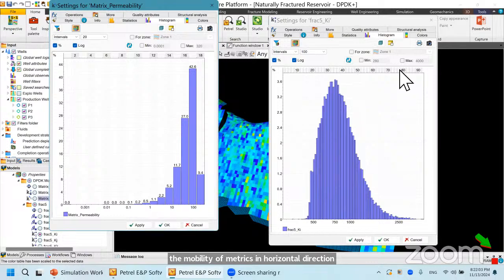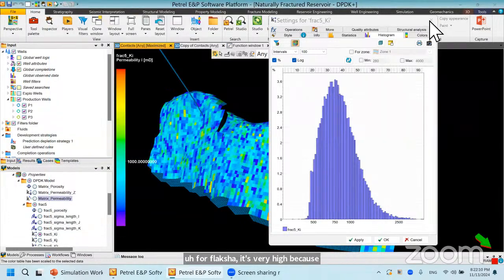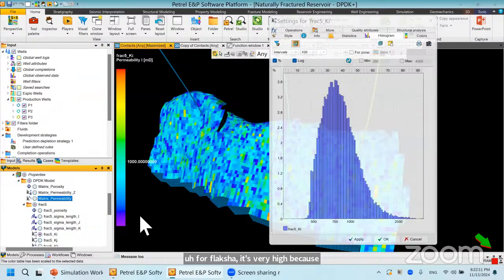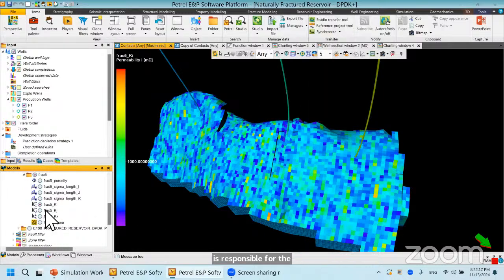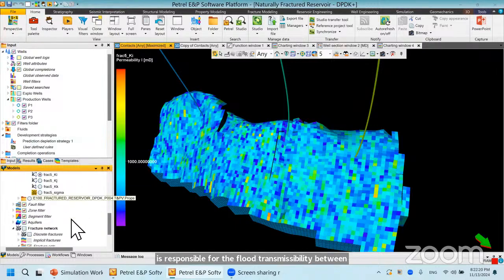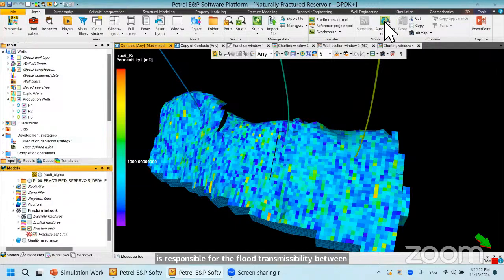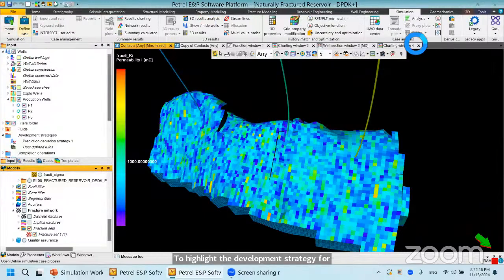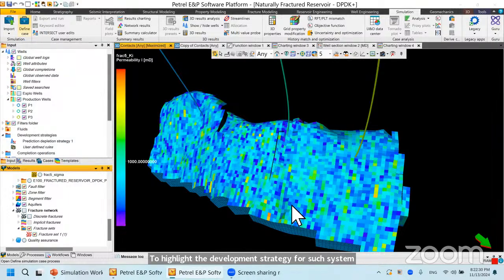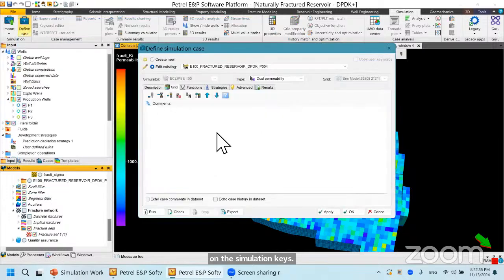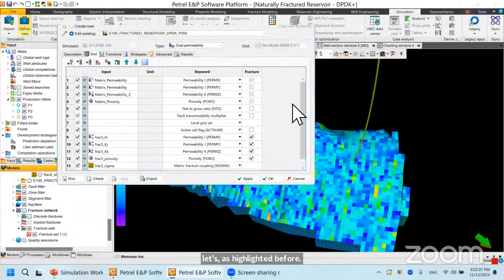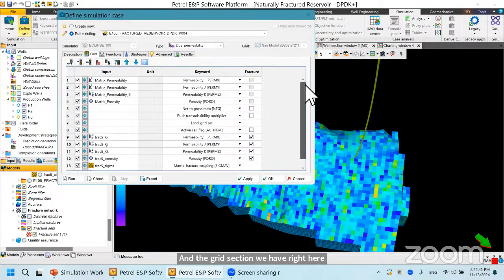Compared to the permeability of the matrix network, the fracture permeability is very high, because the fracture system is responsible for the fluid transmissibility between matrix and well completion. To highlight the development strategy for such a system and the simulation case, as highlighted before in the grid section, we have additional options that are active right now, but you have to check at first